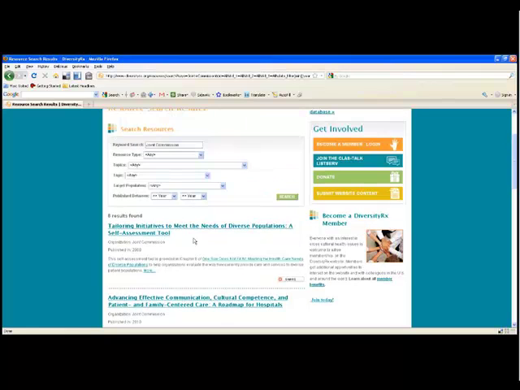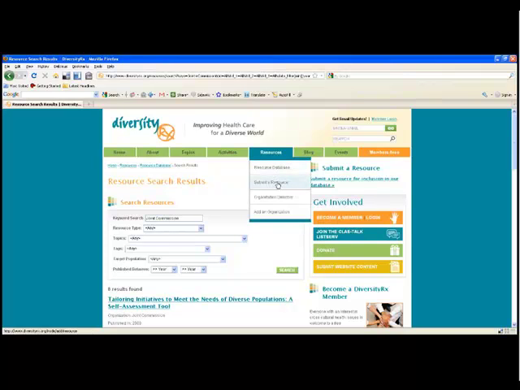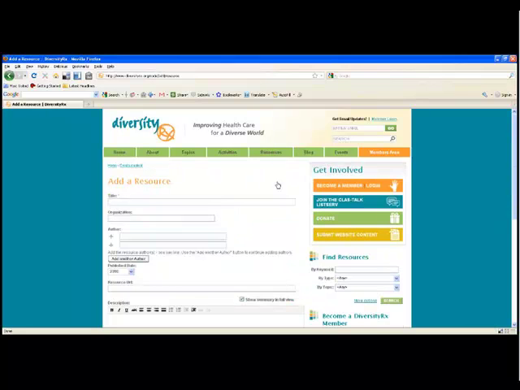So let me show you another important thing which we would really like you to take in mind. This website was designed to be very interactive, which is to say it's not just us and our ideas about what should be on the website, but it's also a website that we are hoping people will contribute to in a variety of different ways. And one of the ways that you can contribute to the website is to add a resource to our database. And this gives you the fields that you can fill in to suggest a resource to us.